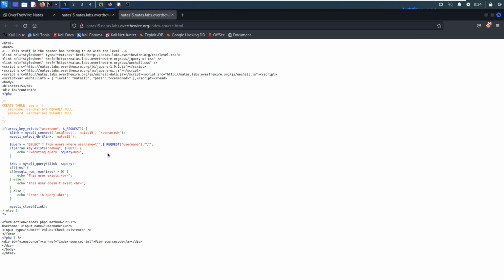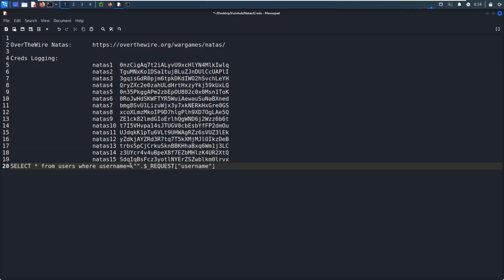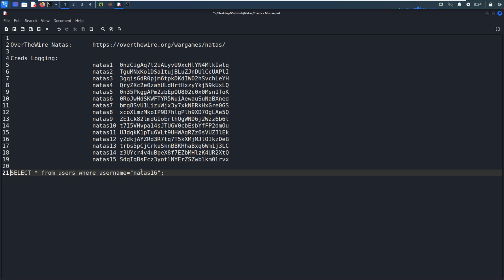Okay, I think now we can take advantage of the fuzzy match of MySQL. So what does that mean? I can copy this one. Fuzzy match means, for example, for the username, if we put natas16, and we put here, yeah, I have recopied, it means that we'll do an exact match.